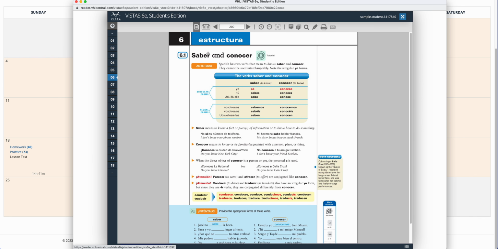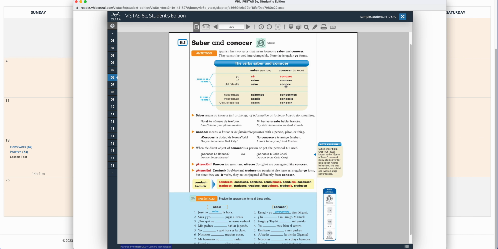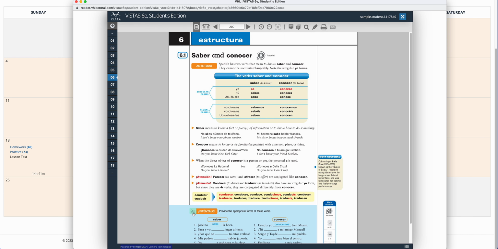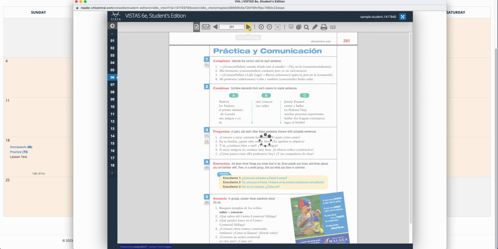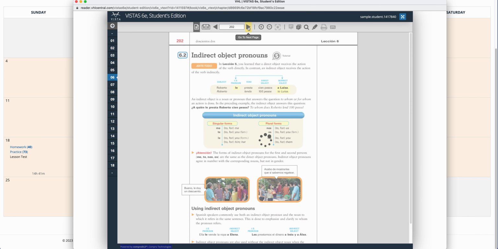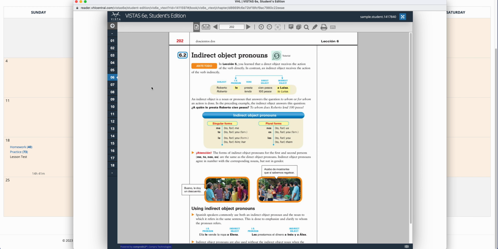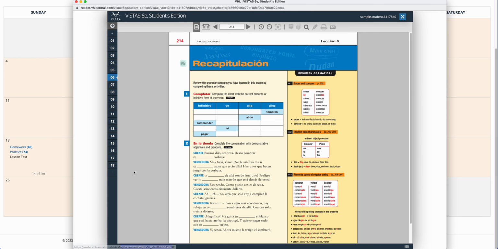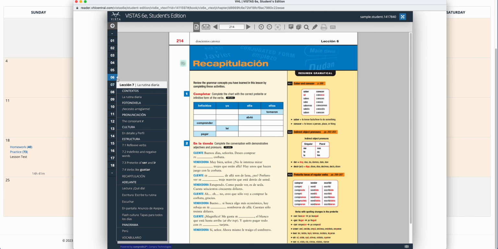I'm going to skip through them. Well, I'm not going to. Here's the explanation. And then blue, super easy. Okay. And it's probably assigned. Yeah, it's assigned. And then the next one is a little harder, and then the hardest. Okay. So that's how you do that. And then here's the next subject or next concept. And then after all those, here's that recapitulación I talked about. Okay. And that's a review.